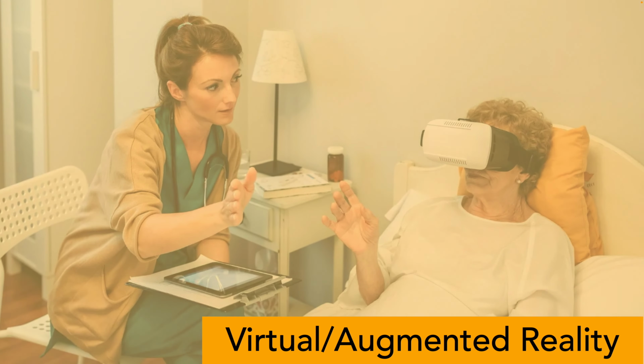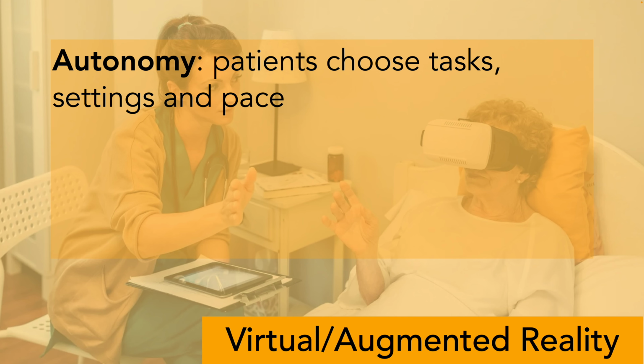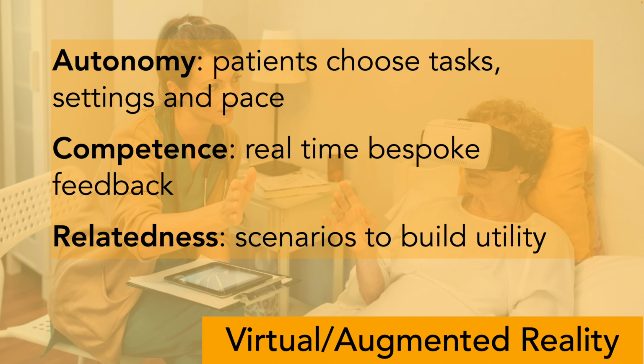If it does catch on, it does fit some of the pillars of person-centered medicine that tends to be concordant because we have autonomy, because patients get to choose their tasks and settings and pace. They can put the thing on and say, all right, it's time for another session. They can do that at home as well and out in the community. Competence: they can get real-time feedback from the machine learning, which is being validated currently. And the scenarios build utility, so it's relatable, right? You could use your phone to scan your home environment and then simulate it in the hospital, so the patient is practicing in a virtual kitchen that is actually identical to their kitchen.